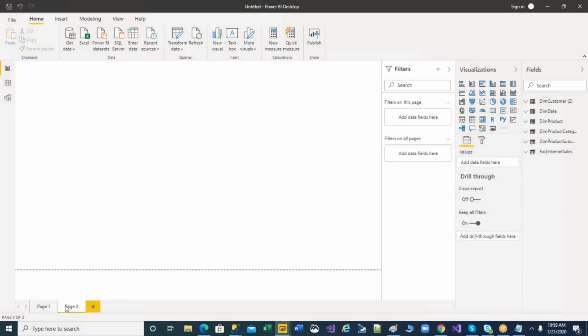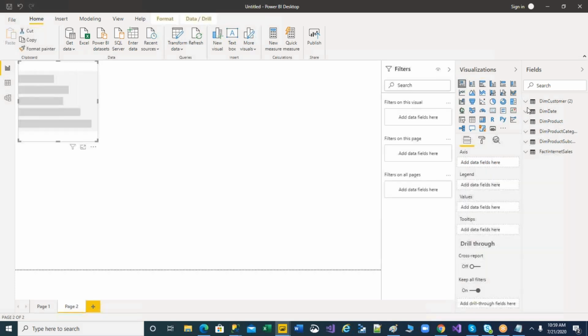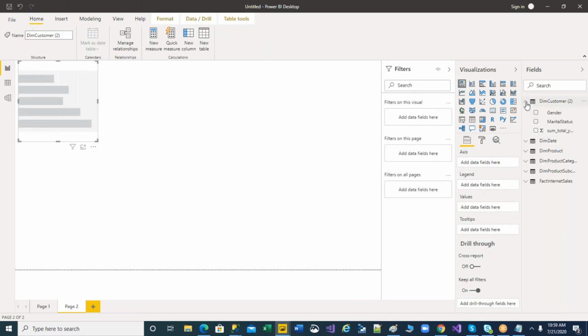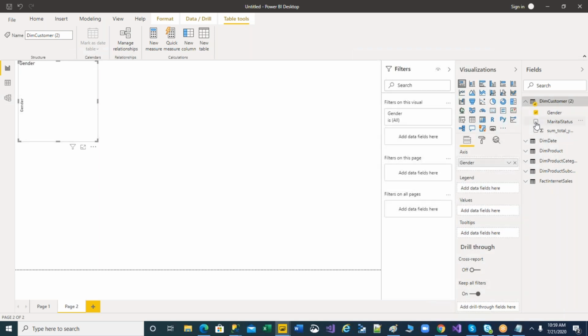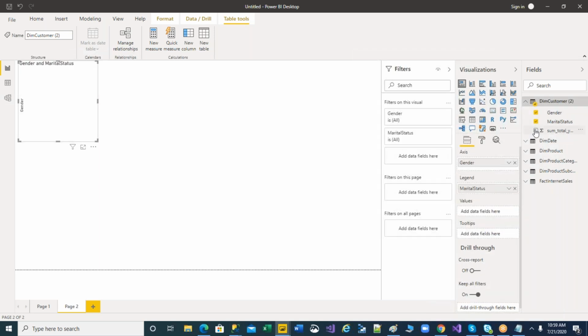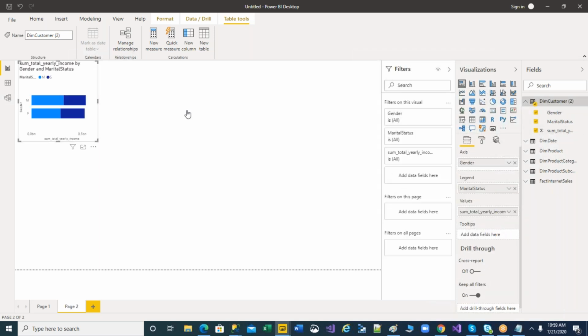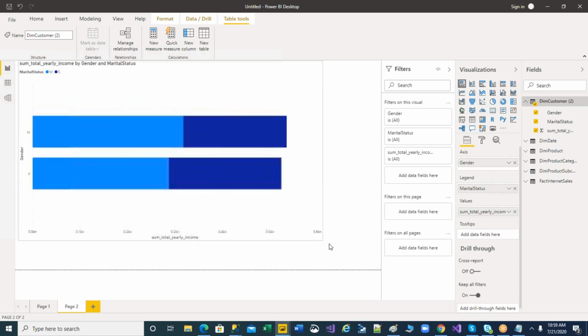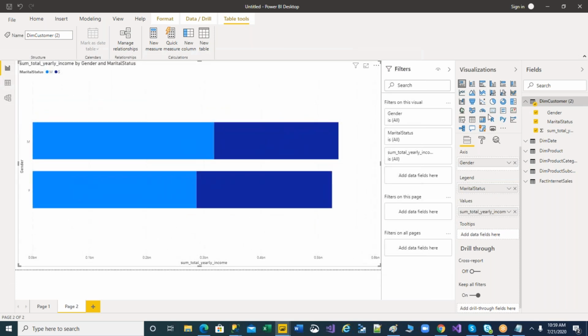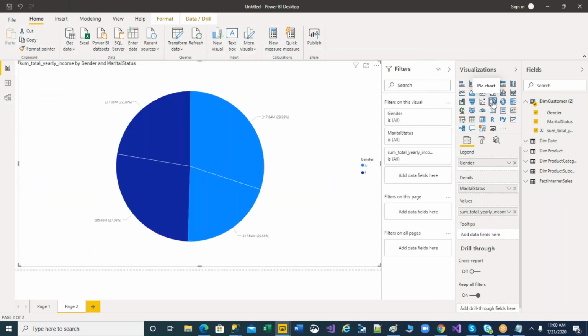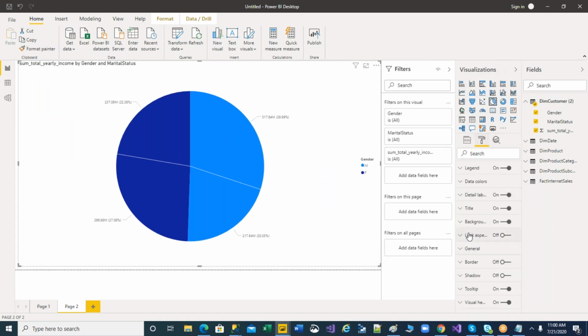Try to take one more page here. So suppose this time from this table, what are you going to do? Gender, marital status, and sum of yearly income. Simply you're just selecting this and see the result. If you convert it to a pie chart, you can convert. Now do some kind of basic formatting to understand